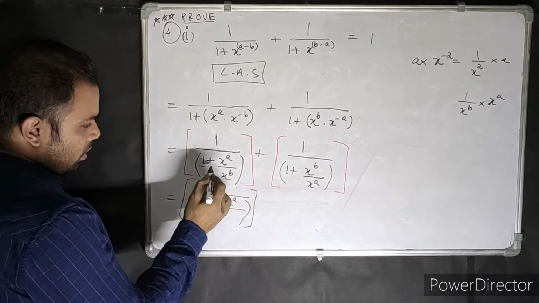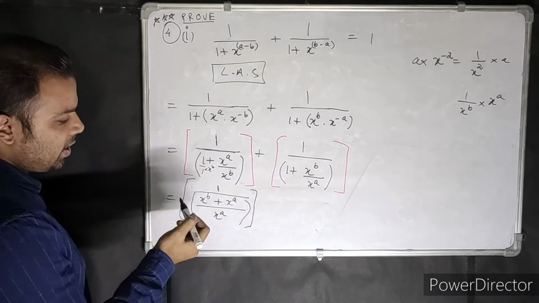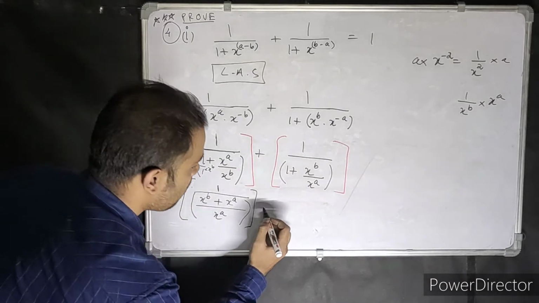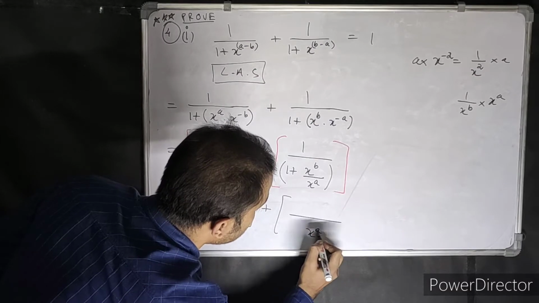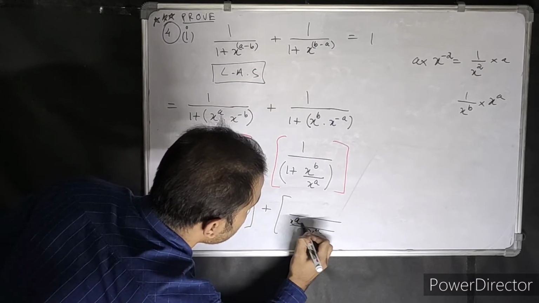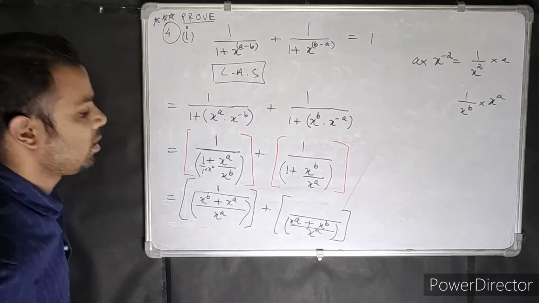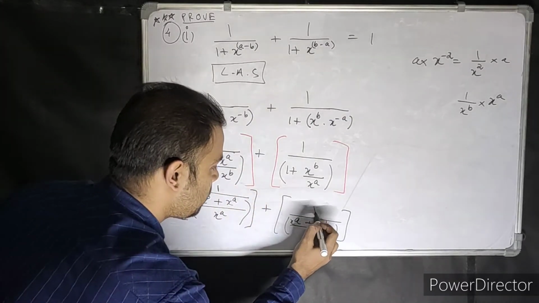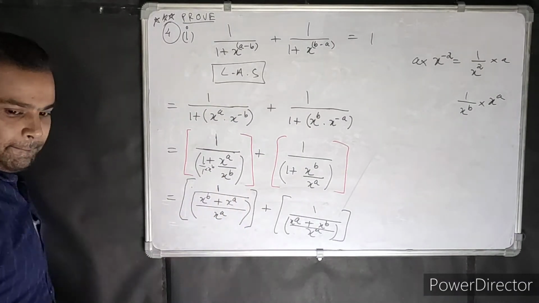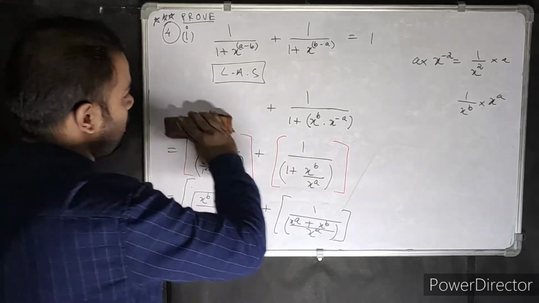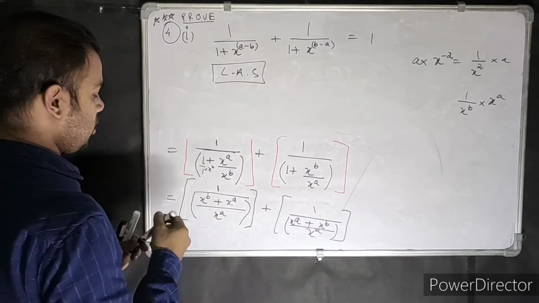See, 1 into x to the power a, and x to the power b into 1 is x to the power b. From here, plus, again same thing. This is x to the power a, this is x to the power a plus x to the power b. Okay, there. Now 1 was on top, sorry. Now from here, what to do? This goes up. All of you know reciprocal. That goes up. I'm not going to split and show you. This is going to go up.